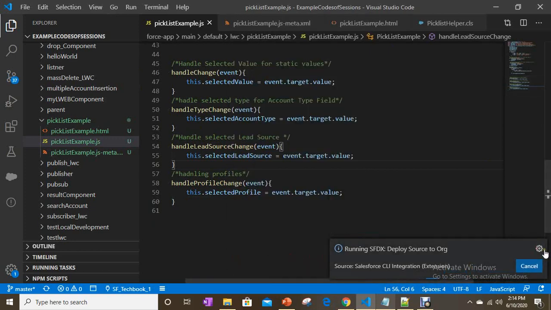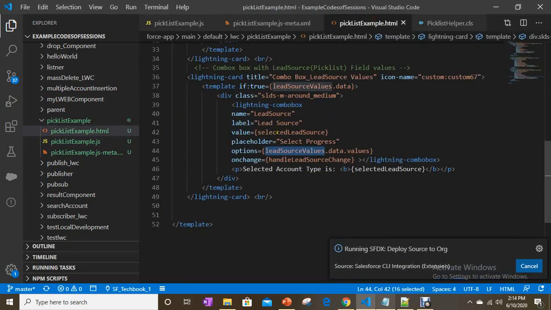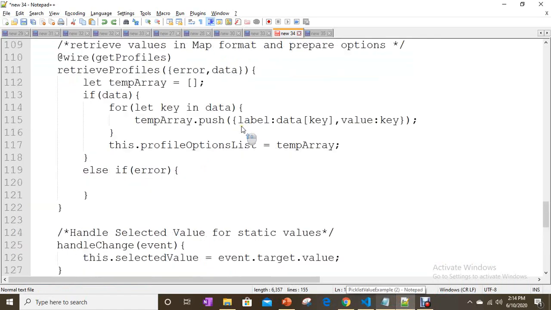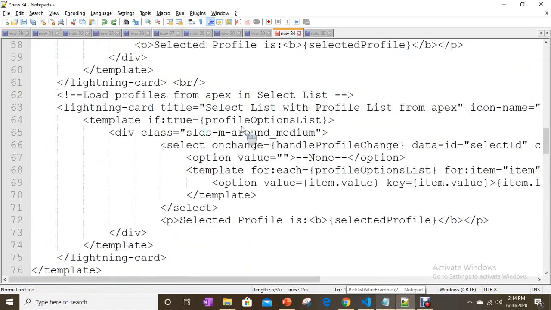Okay, let's see. Now we need to prepare the HTML, right? Simply let's add HTML.